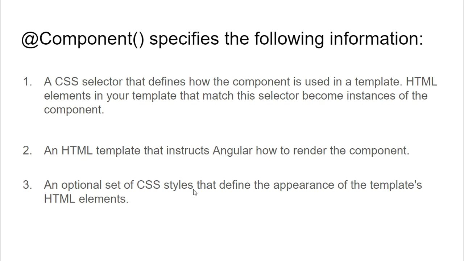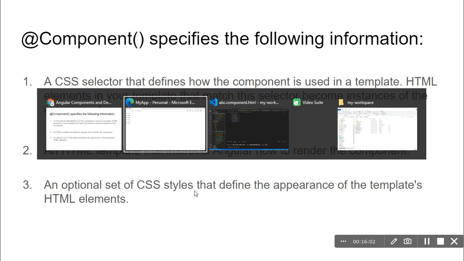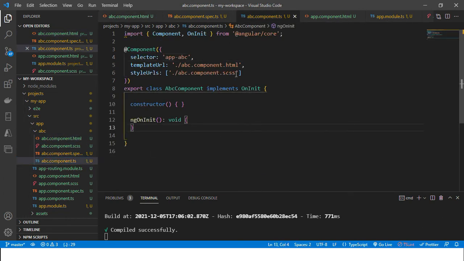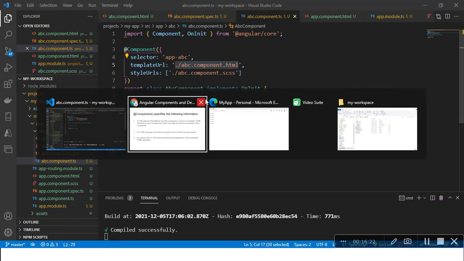These styles are whatever styles are defined inside the file, inside the files, app series. Inside this file, whatever CSS styles are defined, those styles will apply to this view. Okay,